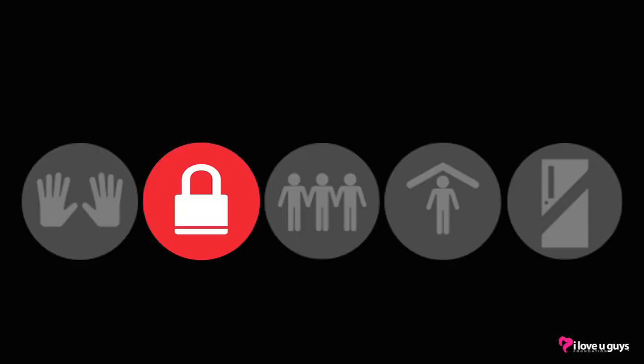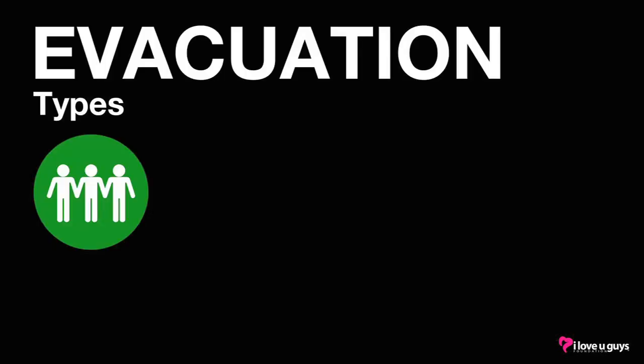That was lockdown. Now let's talk about evacuate. There are a few different types of evacuations we should talk about. The first is the typical fire or gas leak evacuation, in which staff and students leave the building in an orderly fashion. Another is self-evacuation in response to a school violence event, if it's not possible to get behind a closed and locked door.